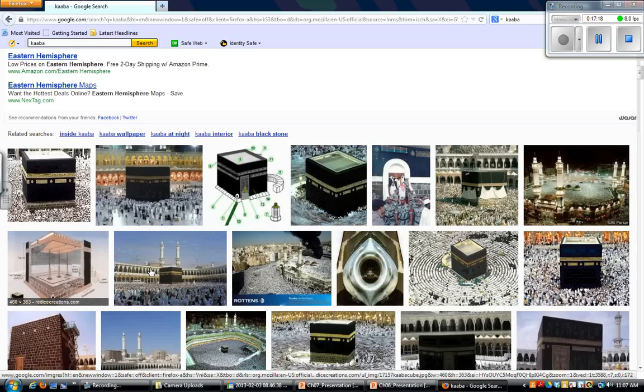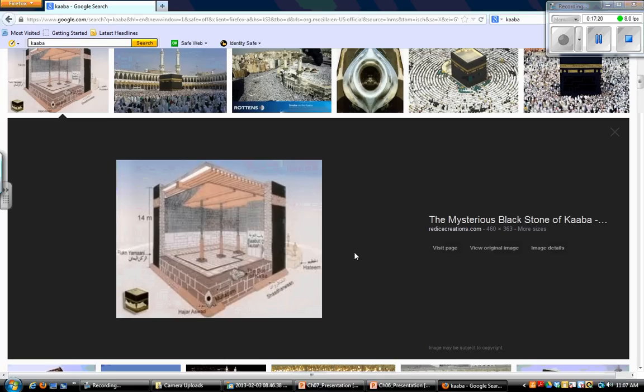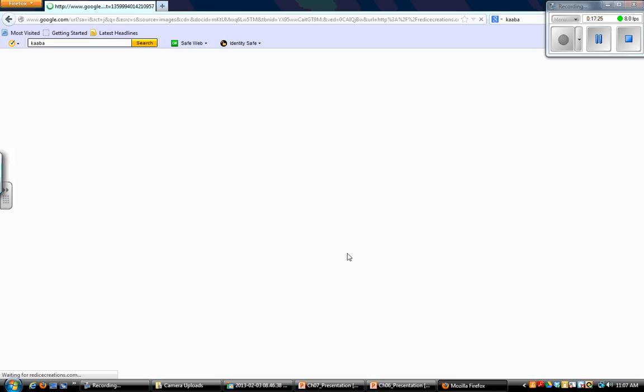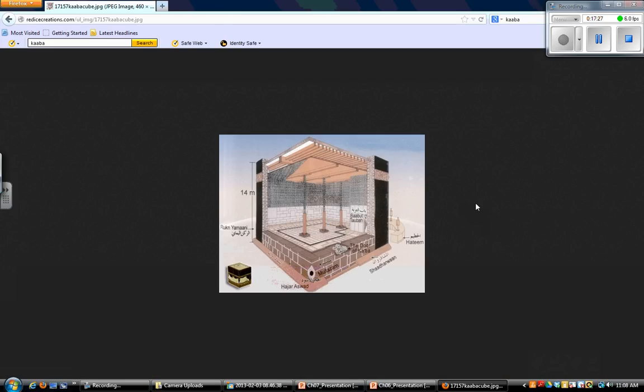I've never really seen a picture that shows the inside of the Kaaba. That's interesting. I wonder how correct that is. Anyway,